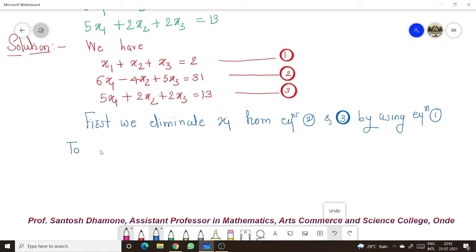To eliminate x1 from equation 2, we multiply equation 1 by